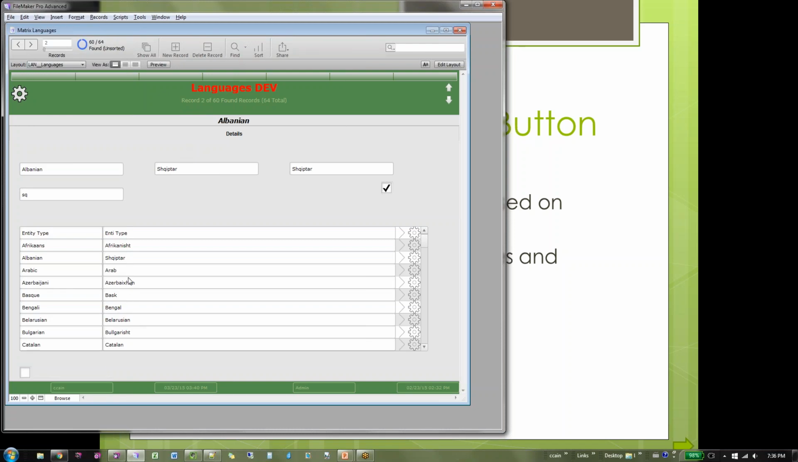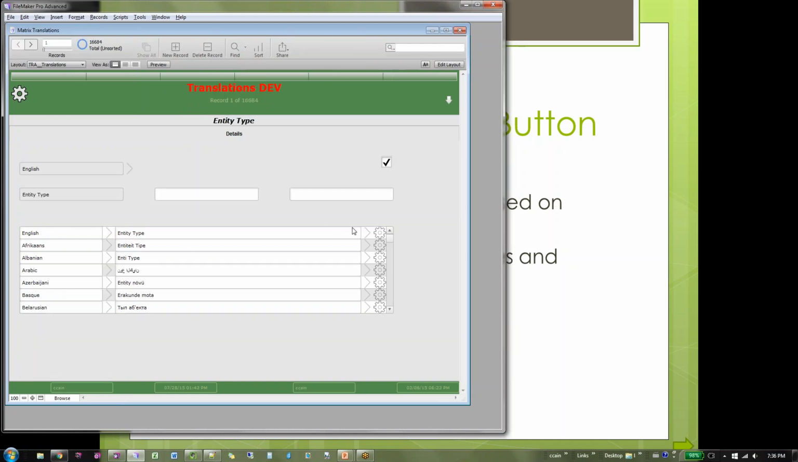Back to translations, and this one would take me to all these phrases that mean entity type in English. Hopefully this one's faster than the last one. Yeah, I drilled down on English. That's not real exciting. I'm going to end up back here, right? Let me go to...